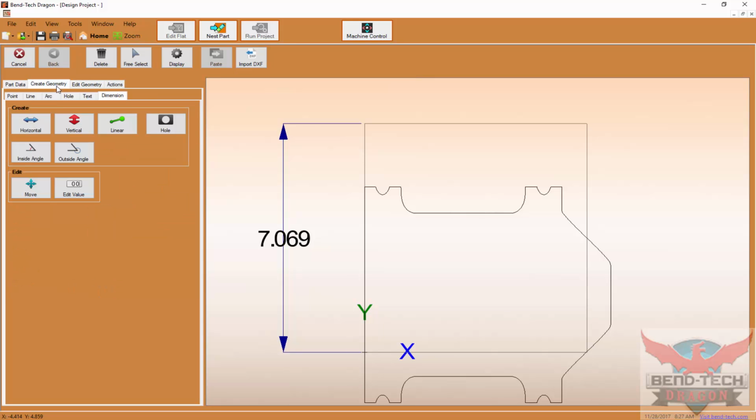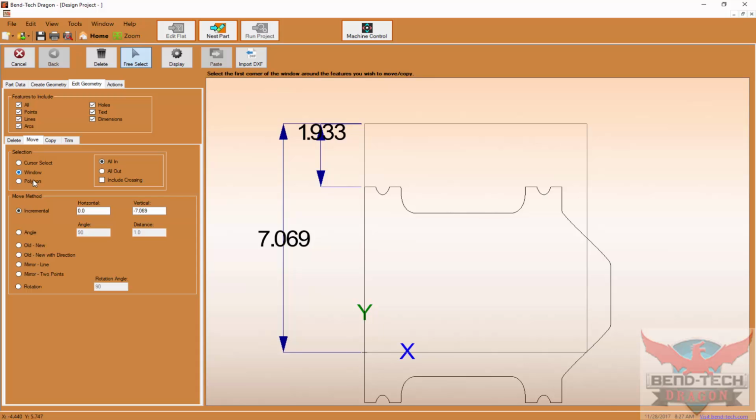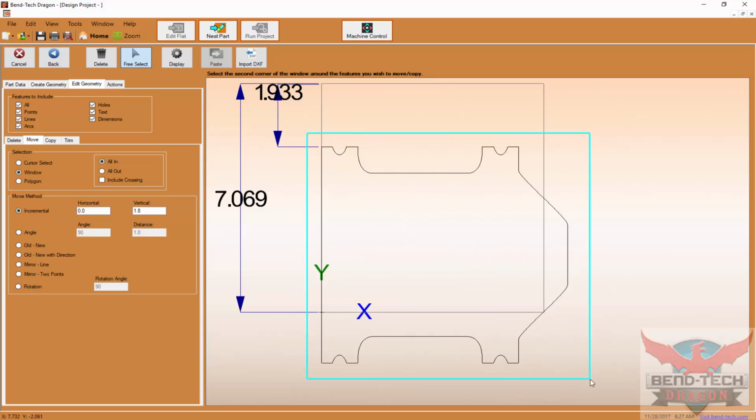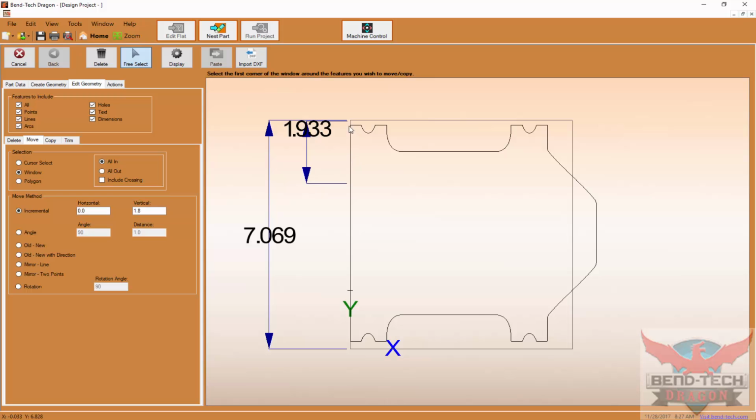So I'm going to actually get another dimension here. I'm going to free select just to get a dimension. So it's about 1.9 or about 2 inches. I just want to move it just shy of that. So let's go ahead, edit geometry once again, move along the vertical axis. We're going to move it up, let's say 1.8. And then grab a window around your entire geometry and move it just so that these are within the bounds